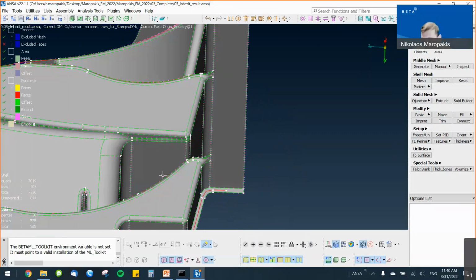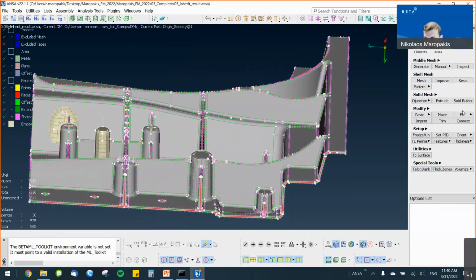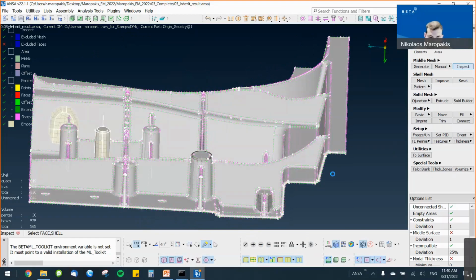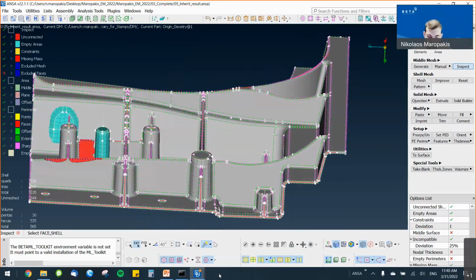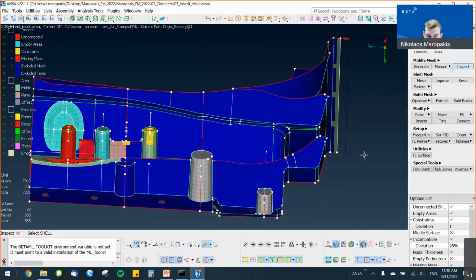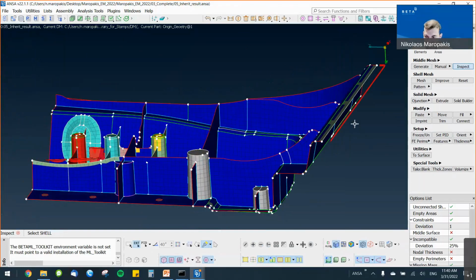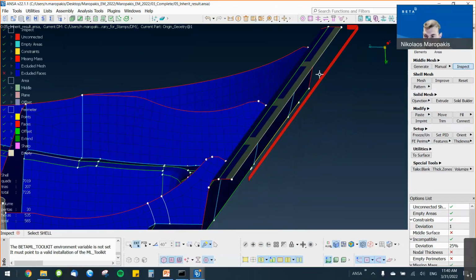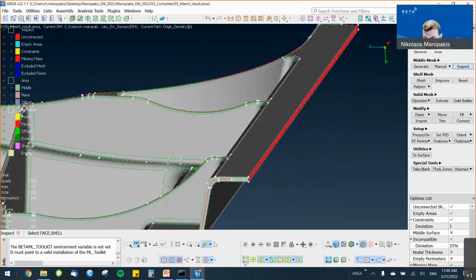And in order not to guess what I have to do, I will again activate the inspect tool and run it. I selected my whole model with Control A, and I can see here the result of the inspect, to know exactly which areas to focus on and fix. Here I can see that it informs me that I have a missing mask, because it's this flange that got wider.